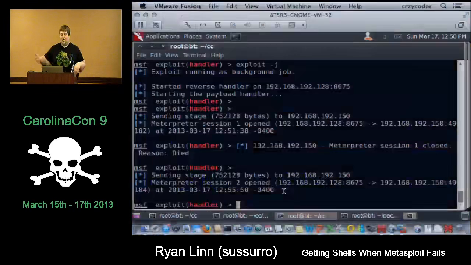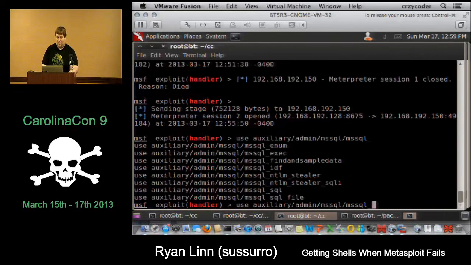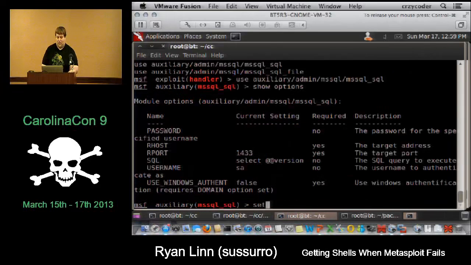Since this is sort of talking a little bit about Metasploit, one of the things that Metasploit has in it is MS SQL client. So we're going to assume that we have gotten somebody to give us a password through Responder for SQL, and so we now have a password to the database. Like I said, this would also work over SQL injection, so this will work in a number of different ways. So I'm going to use the aux admin MS SQL SQL command. And so we are going to set